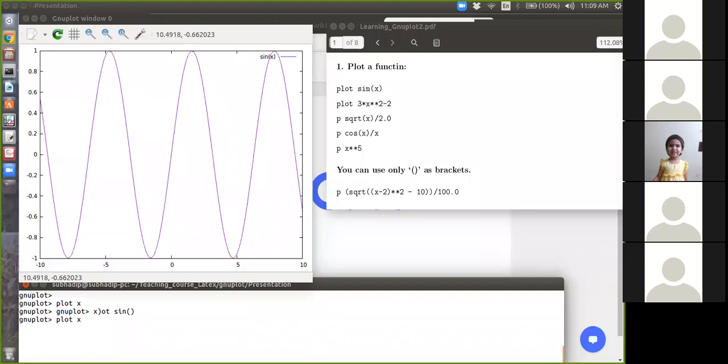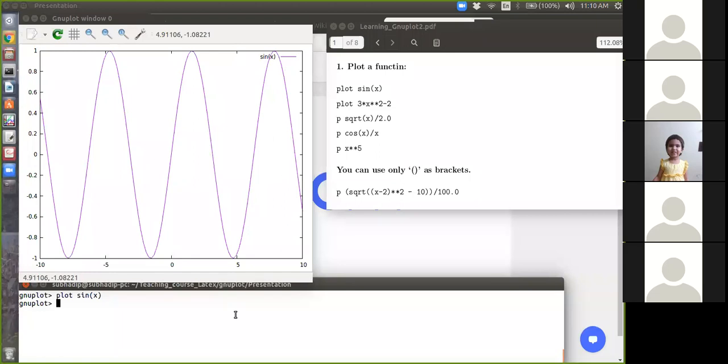So plot sin(x). You can see I have plotted sin x within some range. It takes some range by default for both x and y, and the legend shows sin x.